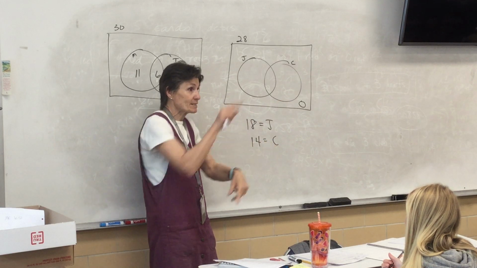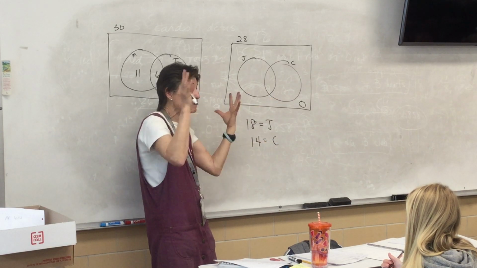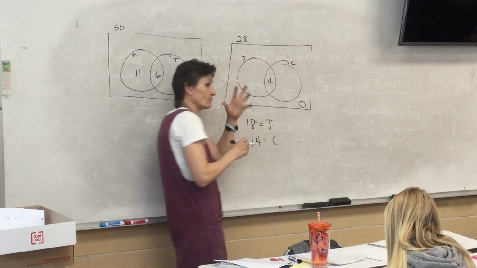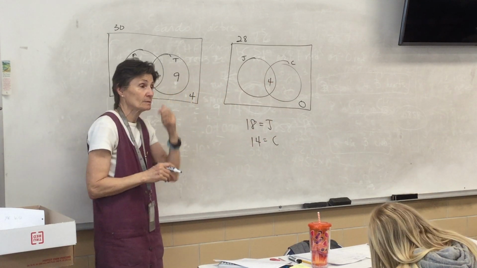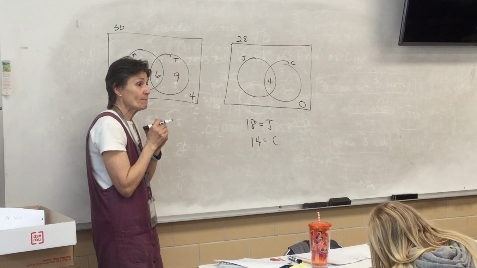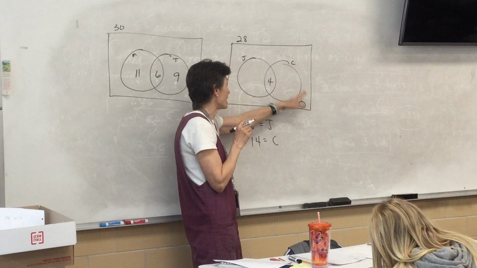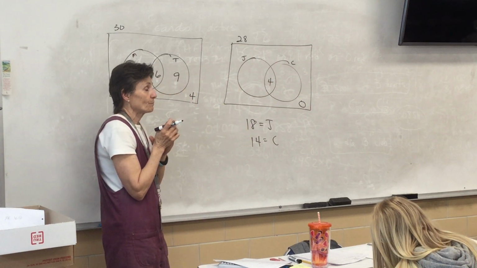Some of them voted twice. Those are the kids that like both, Izzy. How many kids voted twice? 4. They're right there. There are the 4 kids that voted twice. Remember, everybody voted. So there's nobody out here. So everybody voted. Now,